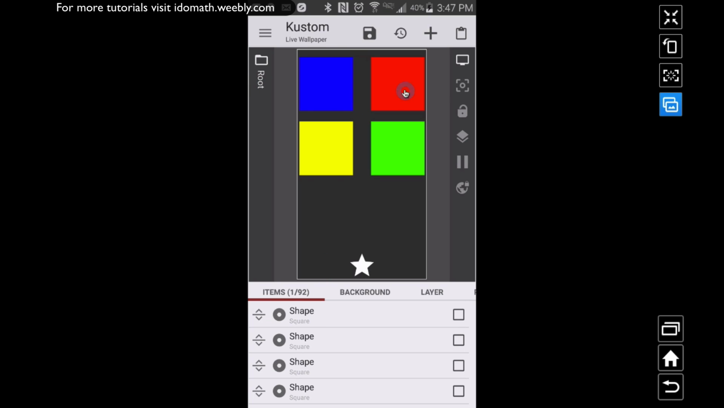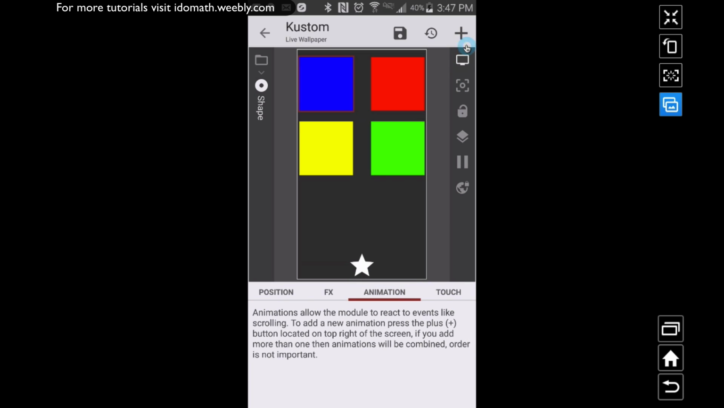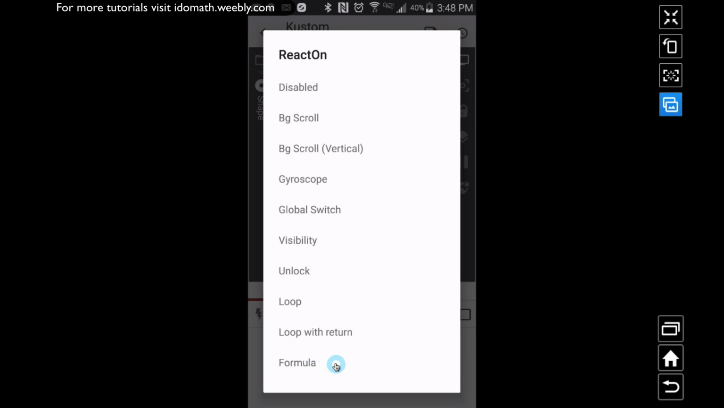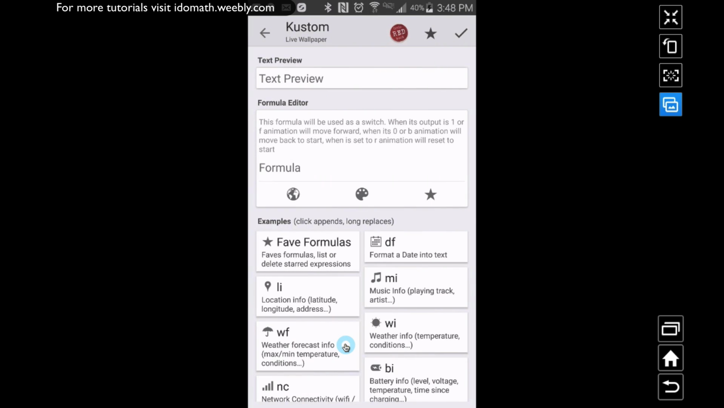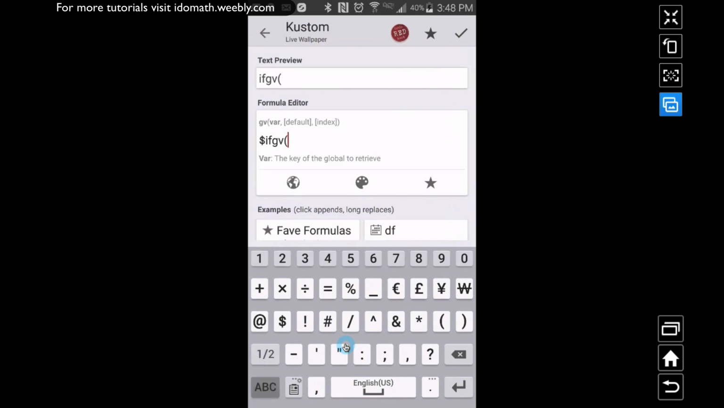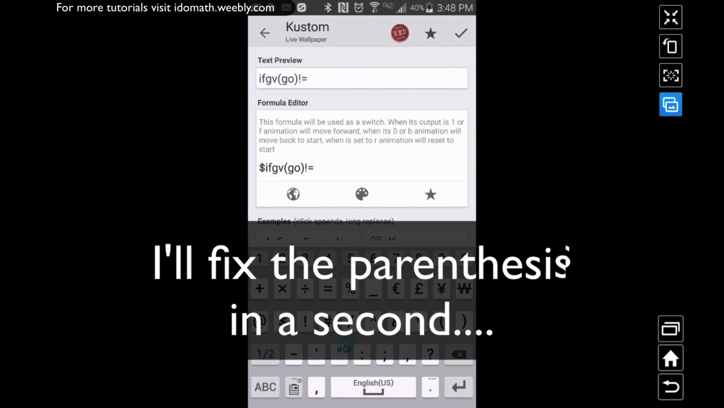So I want to animate them. I'm going to slide them all off the screen. So I'm going to go to my blue square, and I'm going to go to animation, and I'm going to react on a formula. All right, and we're going to say, okay, here's what we want to do. If, let's see here, GV go, if it's not equal to blue,